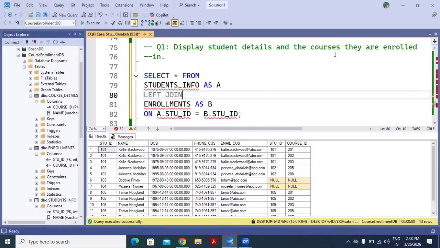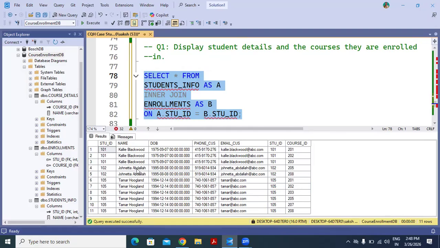So yes, we want the course detail in which they are enrolled. So when we apply the left join, we will get the details of those students also who are not registered. So instead of left join, let's put the inner join.